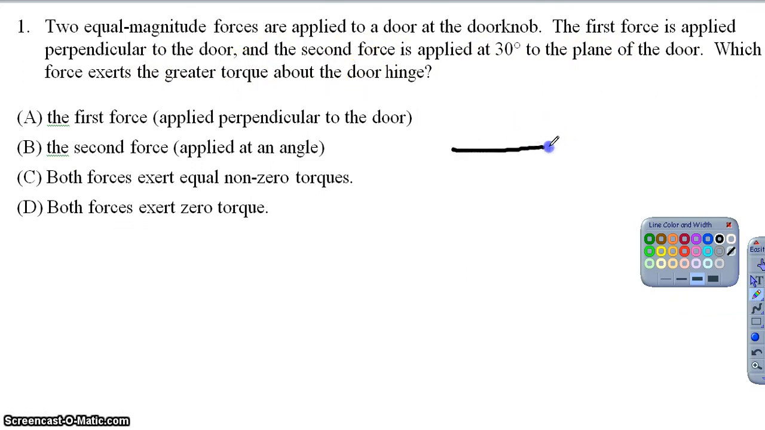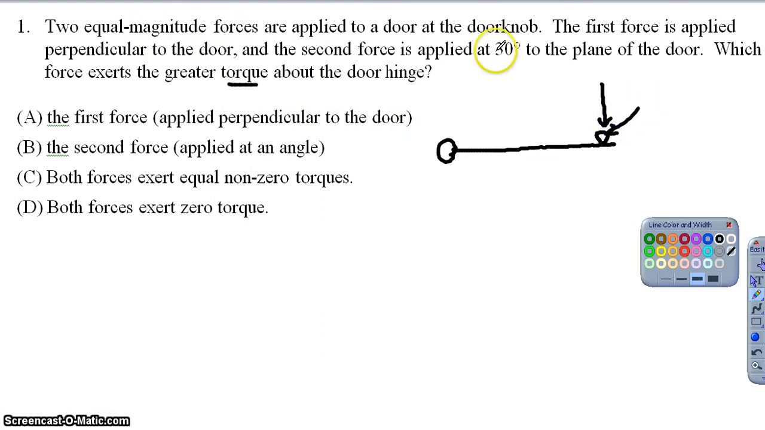Okay, so in this case, both of those two forces, here's my hinges of the door. So the doorknob would actually be over here somewhere, right? So the door itself has that length, which would be the length of the lever arm. If we want to know what the relationship between their torques is, which one has the greater torque, we know that the force is equal in magnitude, but one of them is applied perpendicular and one of them is applied